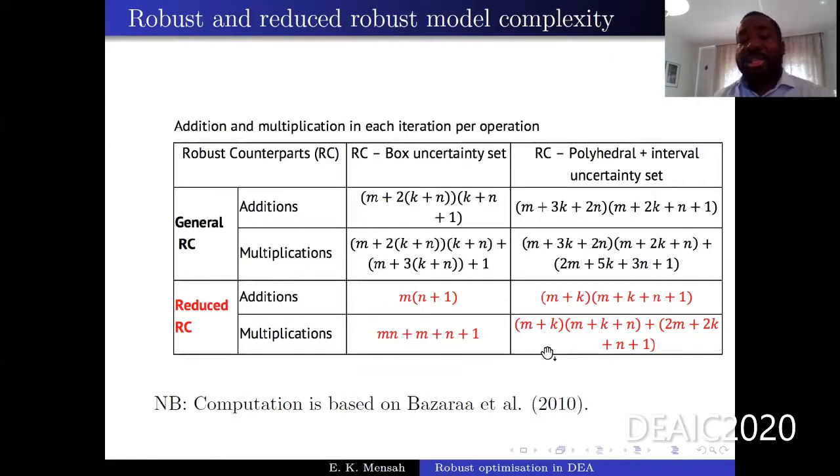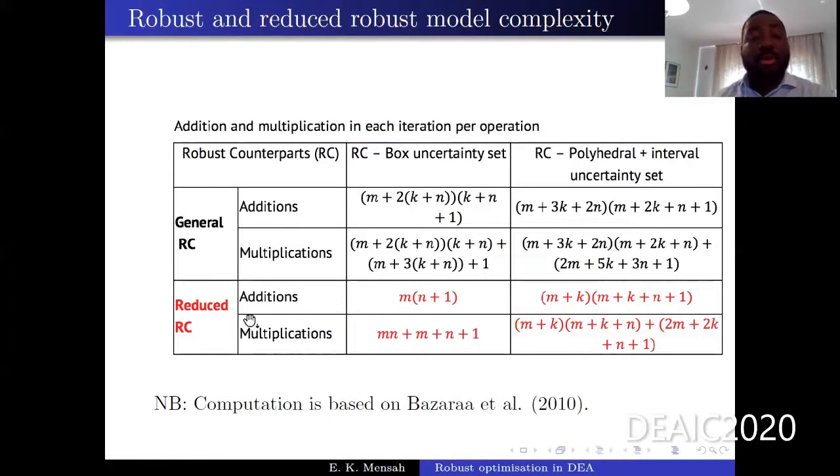variables. So you see the complexity of the models here and the iteration count per operation in solving each of the models, that is the general robust counterpart and the reduced robust counterpart. Now, for a tractable robust counterpart, efficient running of the optimization algorithm depends on the model structure and the iteration count required to solve the problem. Where the iteration count, which depends on the number of decision variables and the number of constraints in the model, is high, then it means that we're going to need a lot of time and computational resources to solve